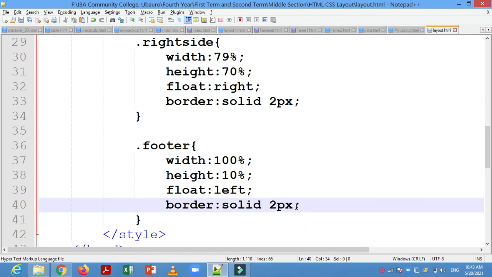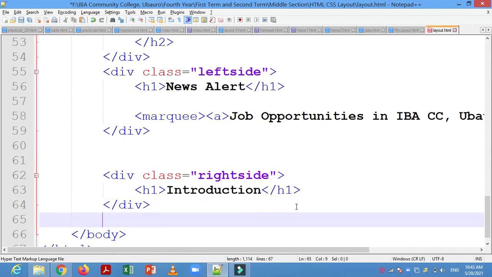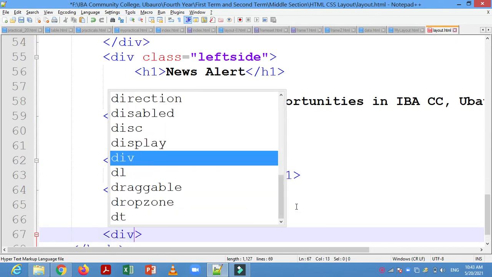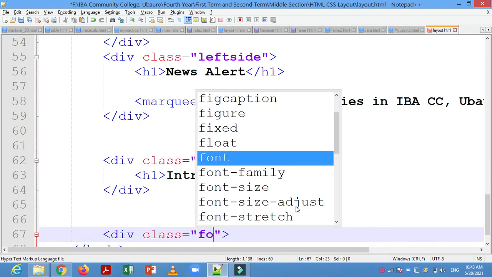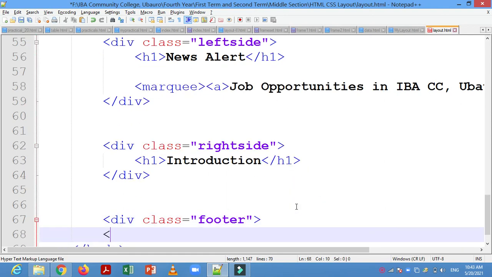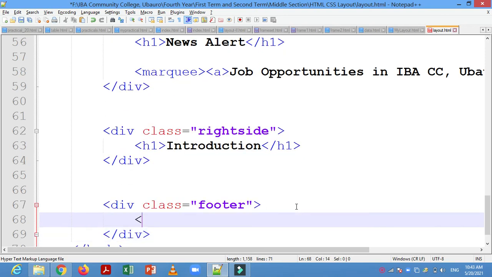Okay, just save it, and then we have to write down the div tag. We have to create a division, means div tag class is equal to footer, close it, and here we have to write down h2 or h1, whatever you want to give.